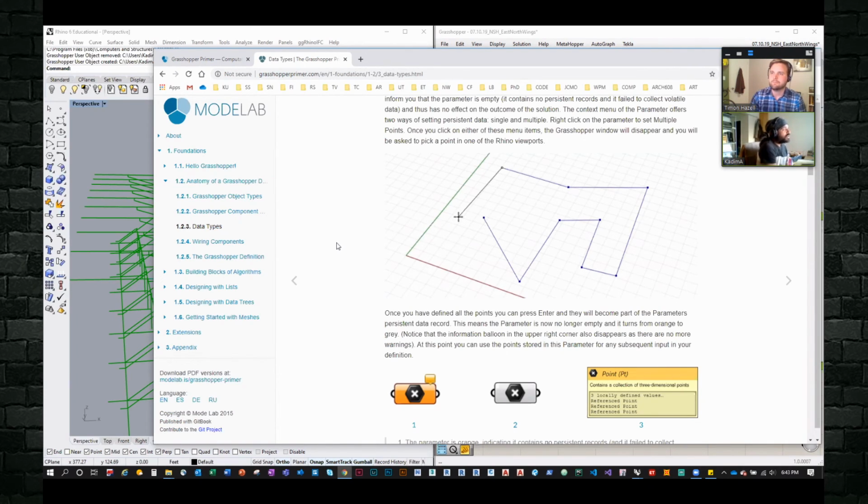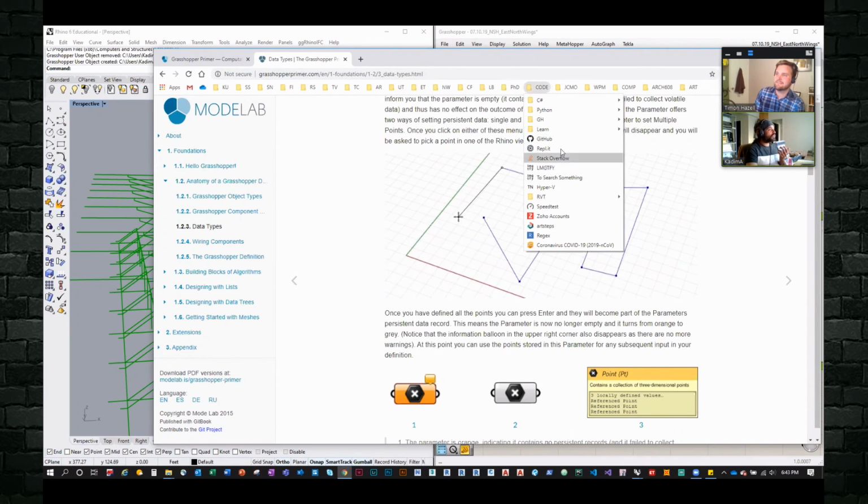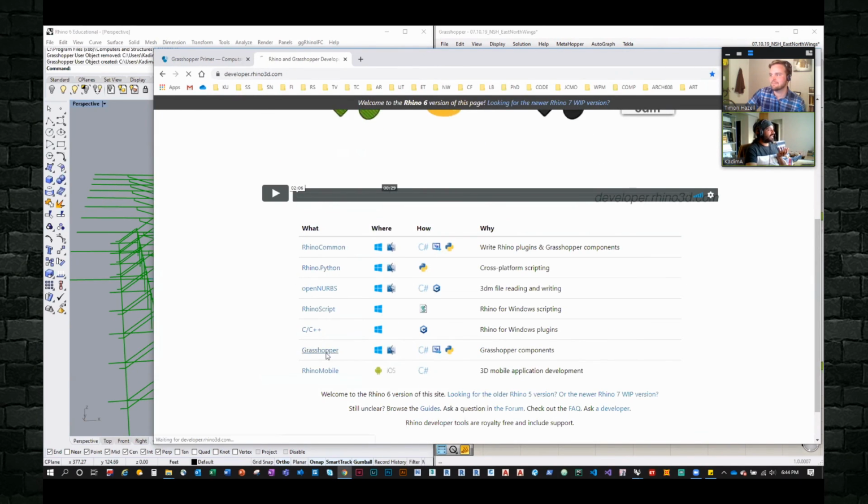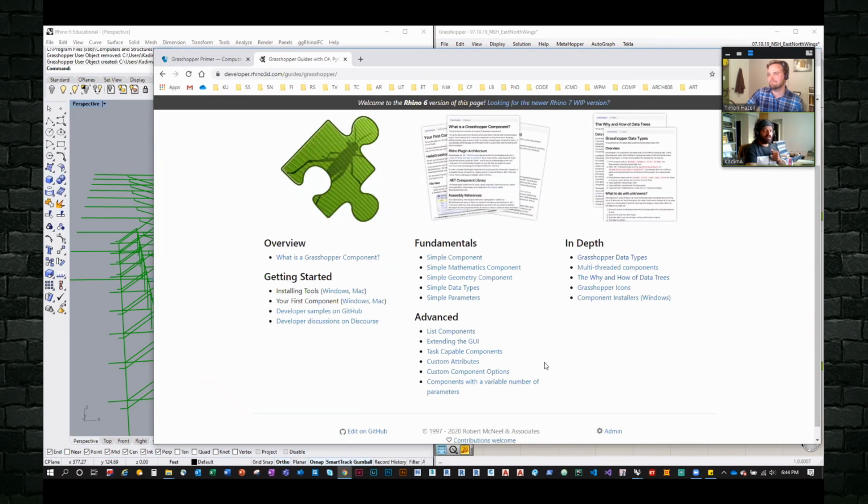In my use of Grasshopper, if you don't understand how data is structured in Grasshopper, then I don't think you'll be able to use it. You can probably put in sliders and make cool things happen, but you won't really be able to utilize the power of the software. So the other source here is Grasshopper, "I Eat Bugs for Breakfast," which is excellent. That's the original developer's blog. He has excellent long-form articles about the inner workings of Grasshopper. Then there's also the Rhino and Grasshopper developer section from McNeel, and they have all the resources you need right here.